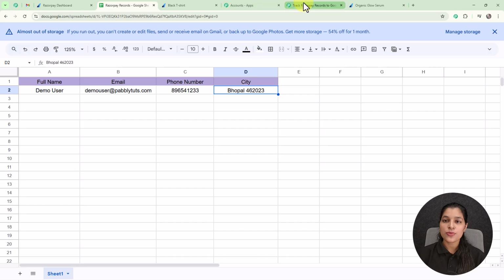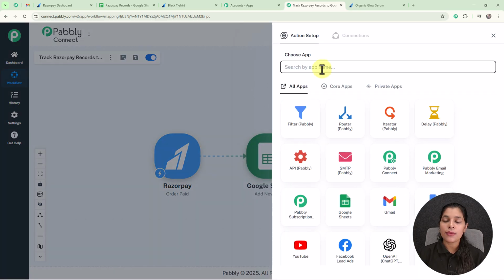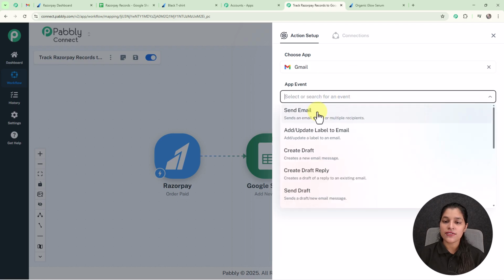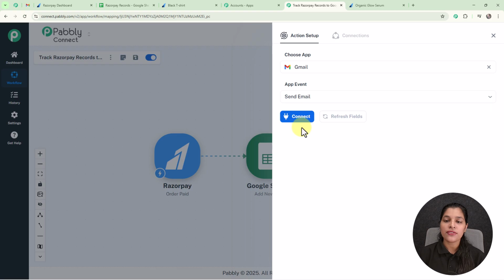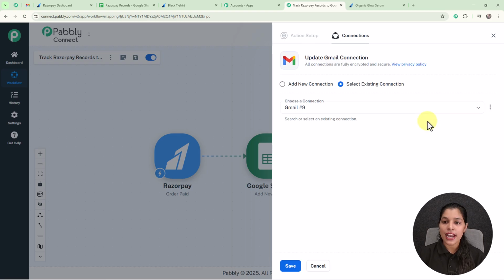Now let's move on to my Pabbly Connect, and now I am going to add one more action step, that is for the Gmail. So now let's again click over this add new action step button, and here I am going to select my action app as Gmail. Now we simply have to click over this app event, and here I am going to select my app event as send email, and now we just have to click over this connect button,